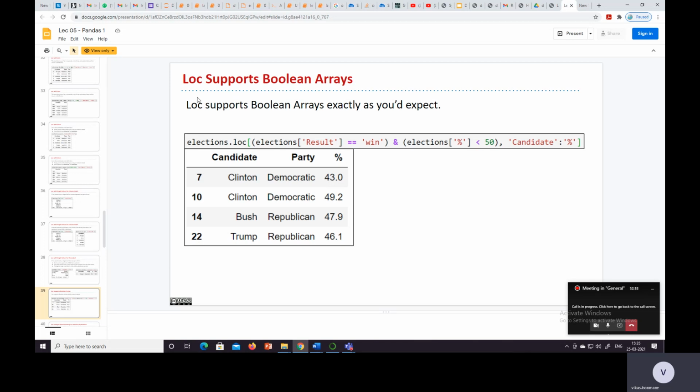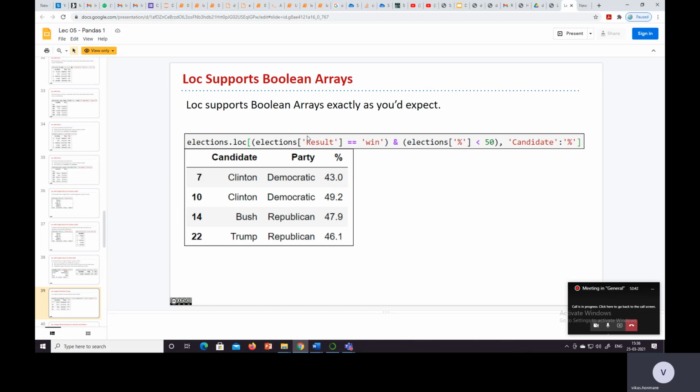Then also, loc supports Boolean arrays, exactly as we expect. So elections.loc, where elections result is equal to win and election percent is less than 50.